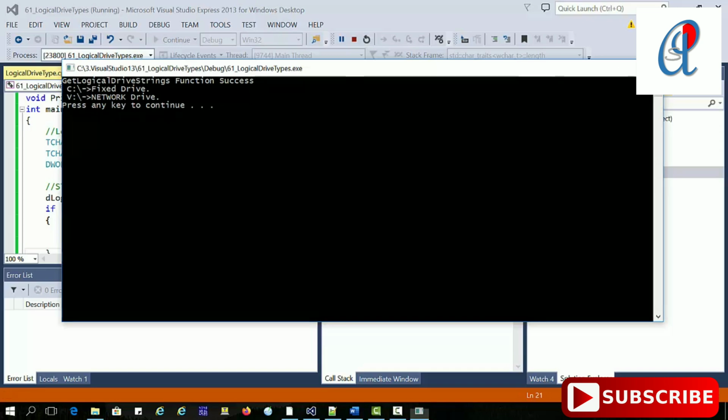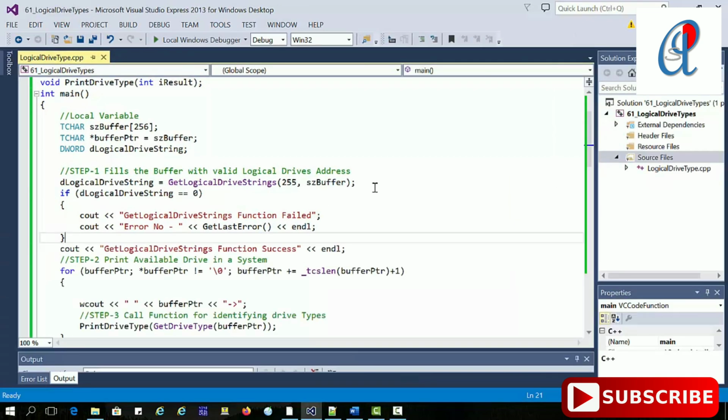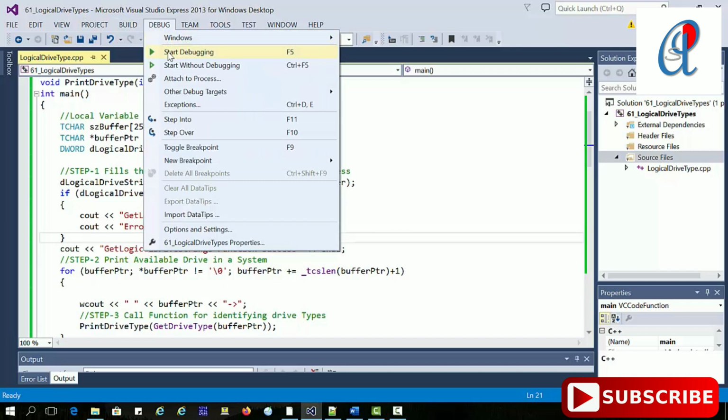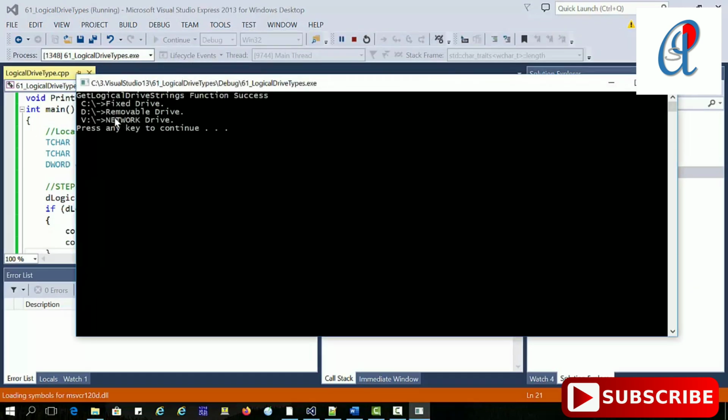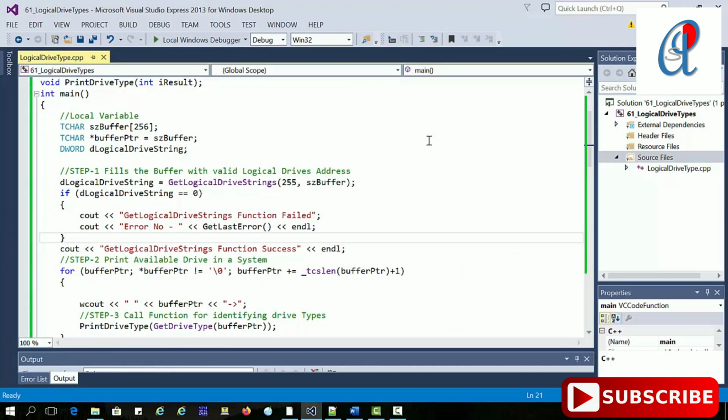Now here I have just connected my thumb drive, I cannot show you that one, so just assume, here I have connected my thumb drive, and let it run this code. So start debugging. See, D drive is the removable drive, that represents the thumb drive. So now I have removed that one.